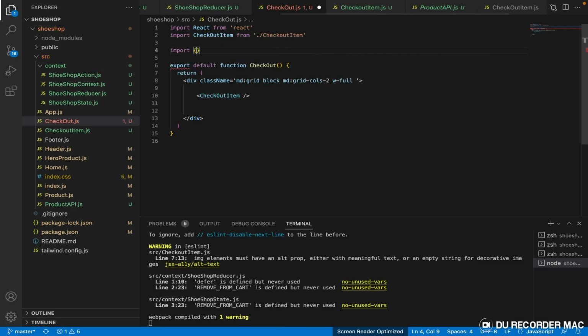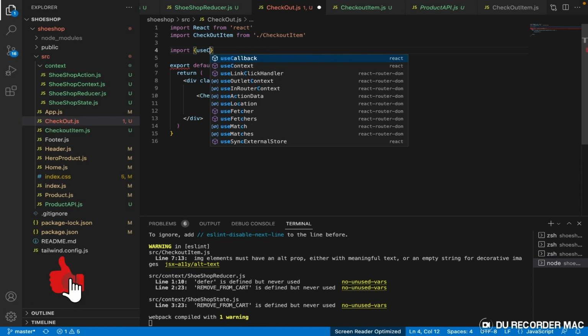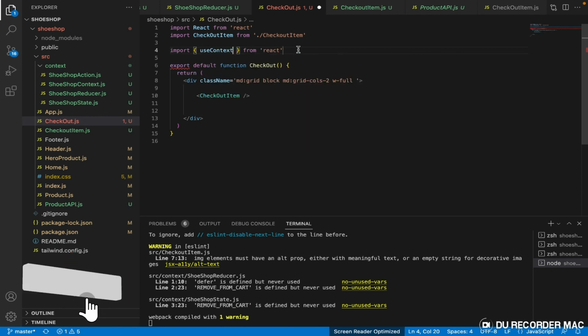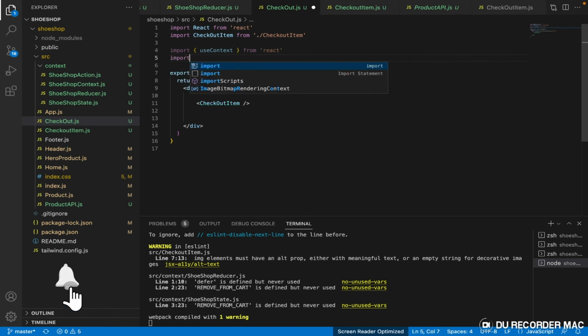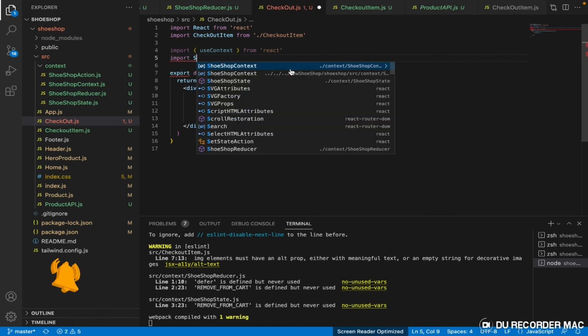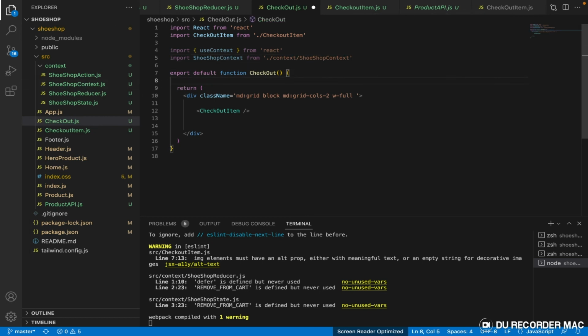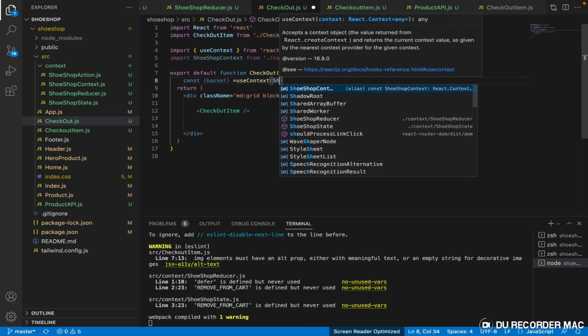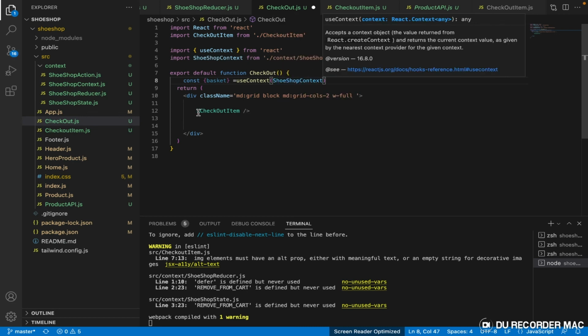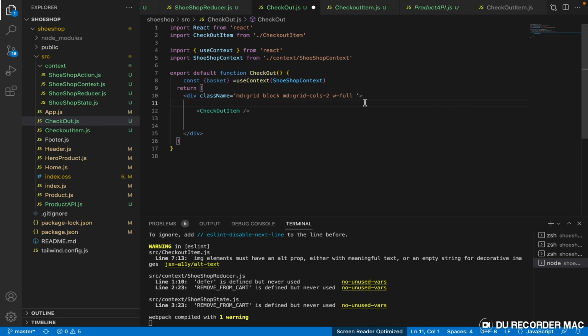useContext, and import ShoeContext, this particular one, and we declare our useContext by calling on the basket equal to useContext, and then inside of it we are going to put the ShoeContext. So that means if we write JavaScript right here and say